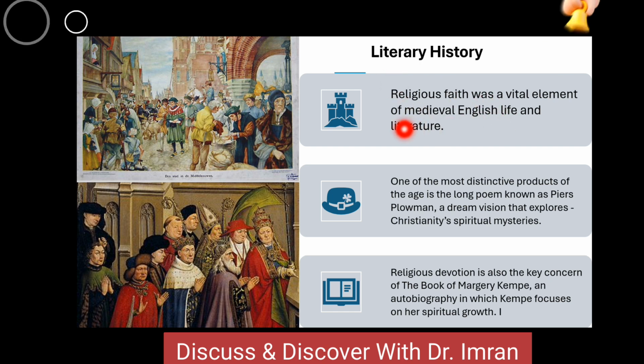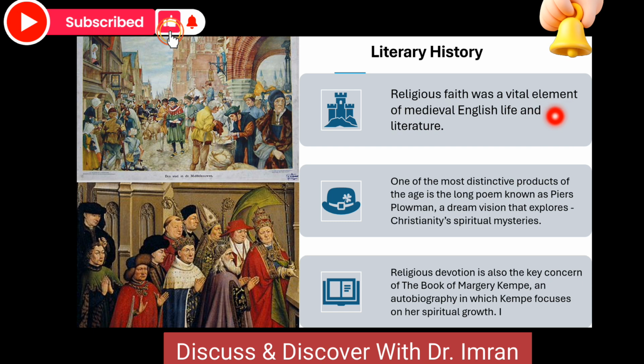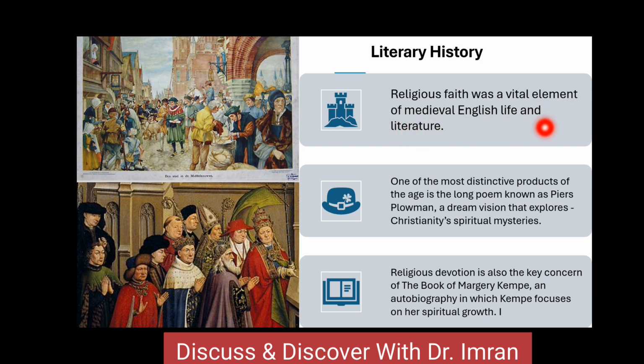Literary history. Religious faith was a vital element of medieval English life and literature. If you want to study medieval literature, you can find morality plays, mystery plays, and religious performances play a major role in these plays and literature. One of the most distinctive products of the age is the long poem known as Piers Plowman, a dream vision that expresses Christianity's spiritual